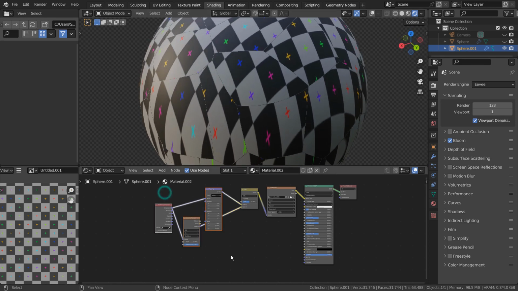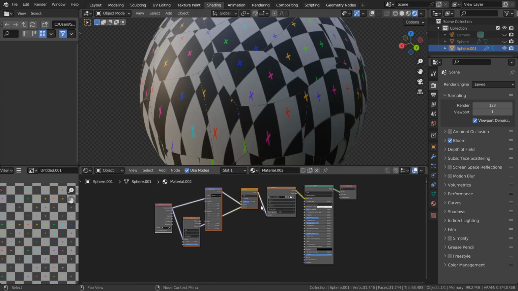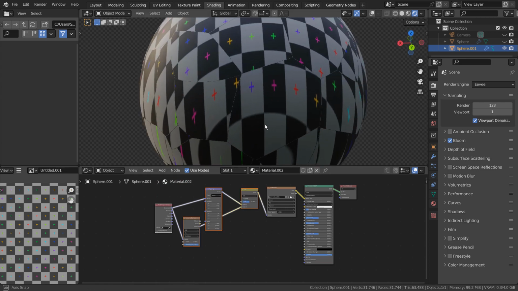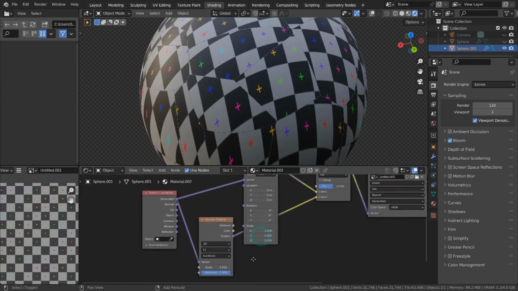This set of nodes creates a shattered effect illusion. We can fully customize the shattered pattern as well.